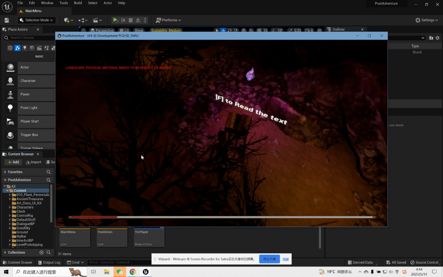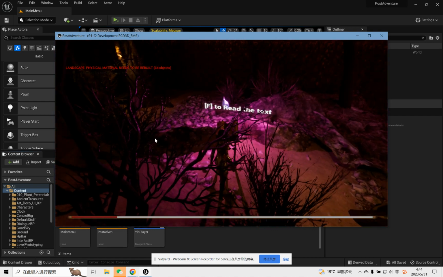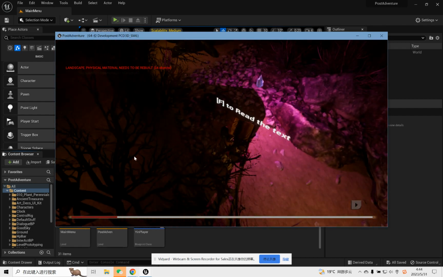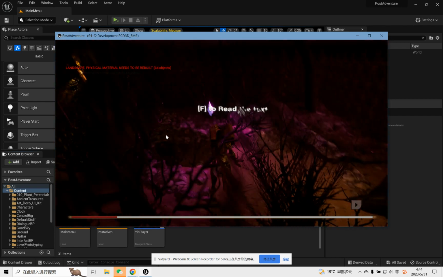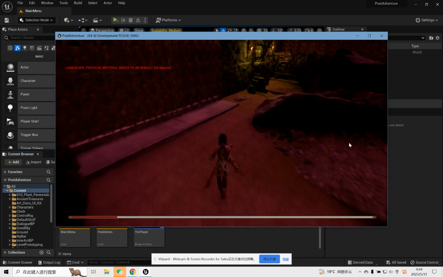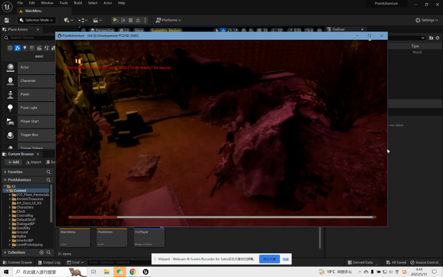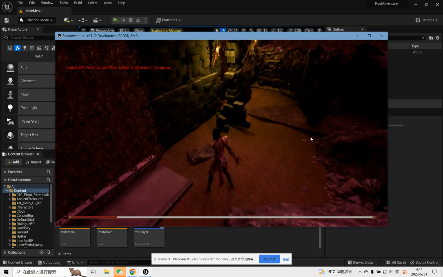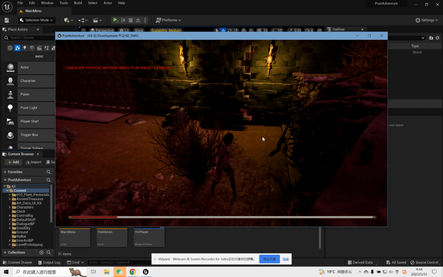We can choose to activate. Of course, this is a healing crystal, and it's going to heal our character a little bit more. And now you can see it's activated. It has this glowing lighting animation with it. One last thing I'll make here is if the player finds it,